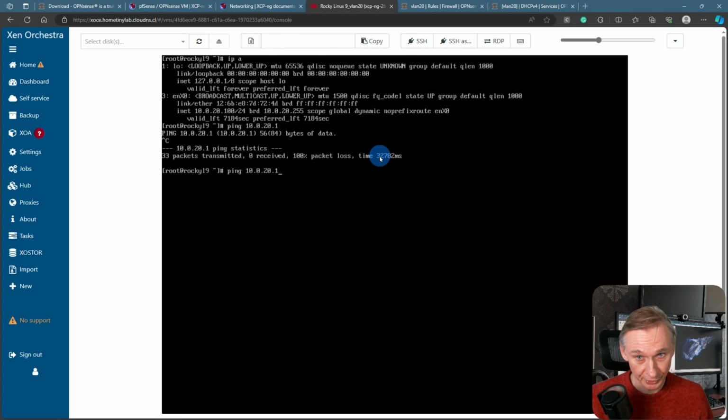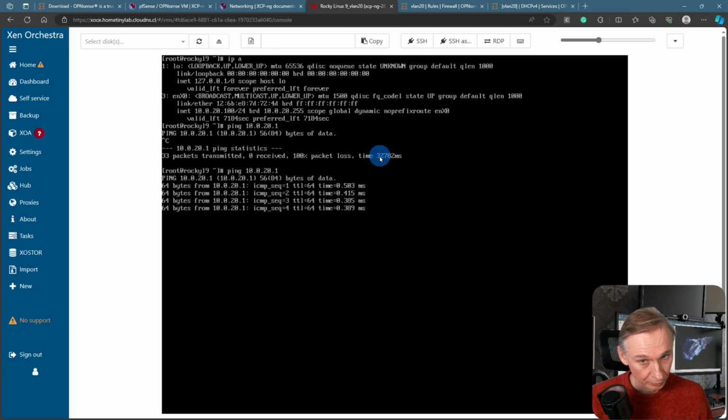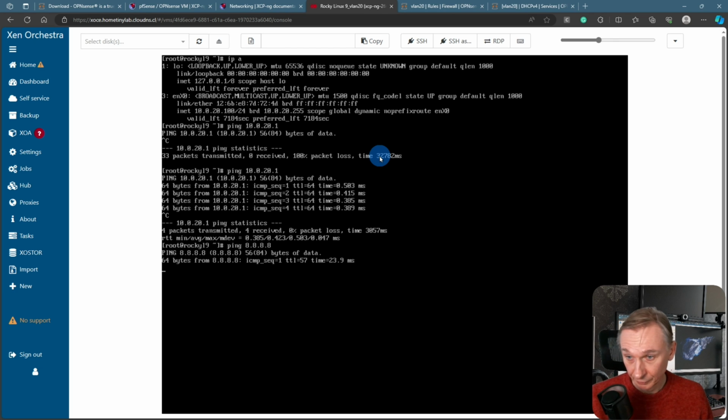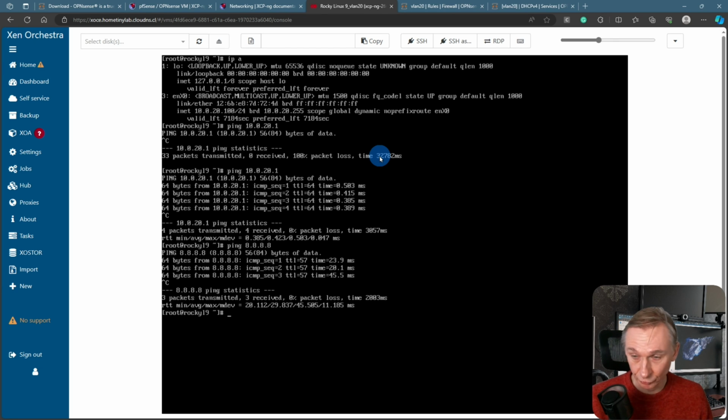A ping to the gateway was not possible before. Now it's possible. Because I have opened all traffic to all networks, if I now try to ping something on the internet, it also works. So from the VLAN that I've created, I can go to the internet, and I can normally reach systems on my main network. If I would try to ping,